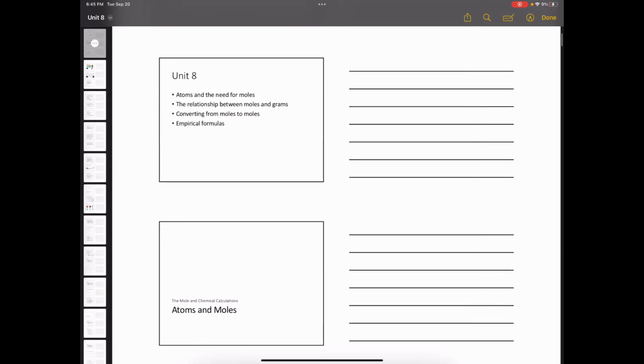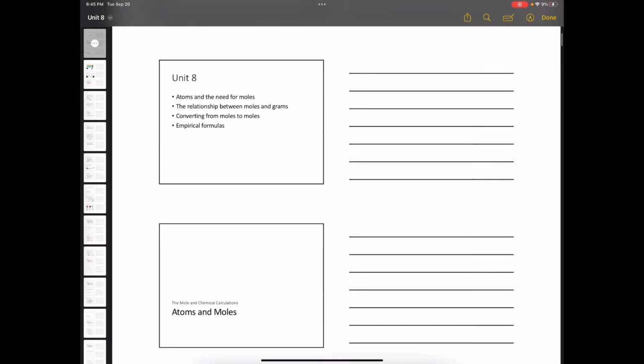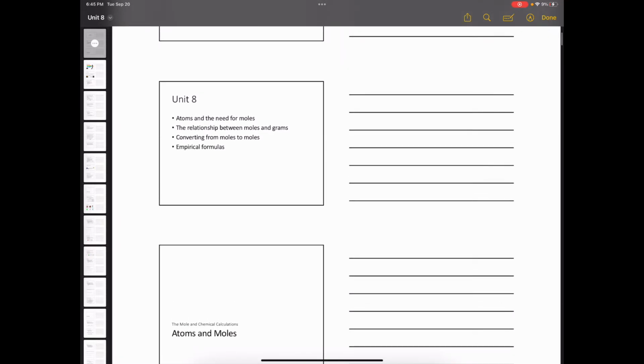And then we'll look into conversion from mole to mole. I know this may not sound like it makes sense at this point, but I think once we do some examples, you'll know exactly what I mean. And then we will finish Unit 8 with the empirical formula, which I think, if you have developed a good understanding of the first three topics, which I hope that you would, and you know how to make ratios, won't be that hard